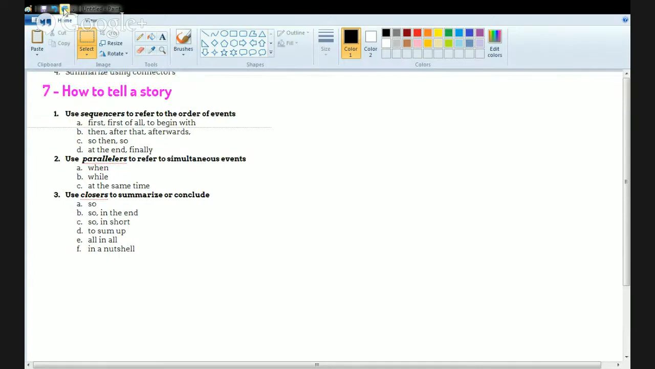In the end? Not the end yet. Not yet. Look at C. I'd use one of those in C, maybe. C or B. At the end, finally. No, I wouldn't use that because it's not the end of the story. You mean the fourth picture? No, the third picture. Okay, I'm sorry. Then